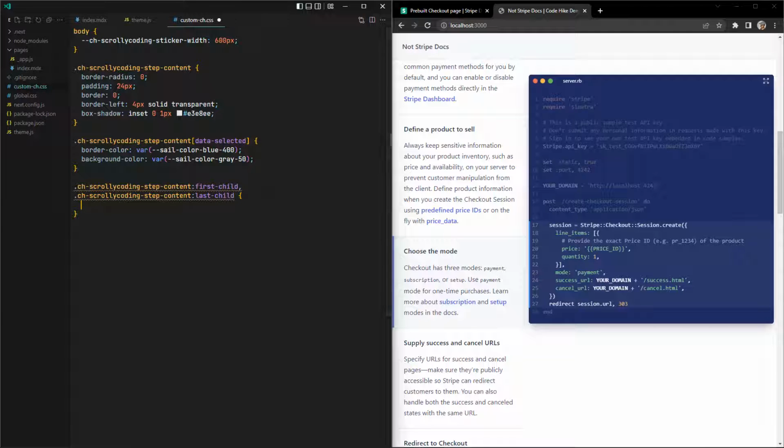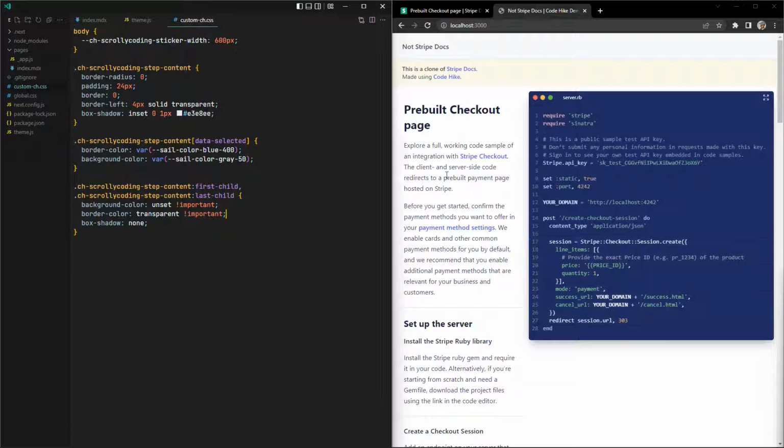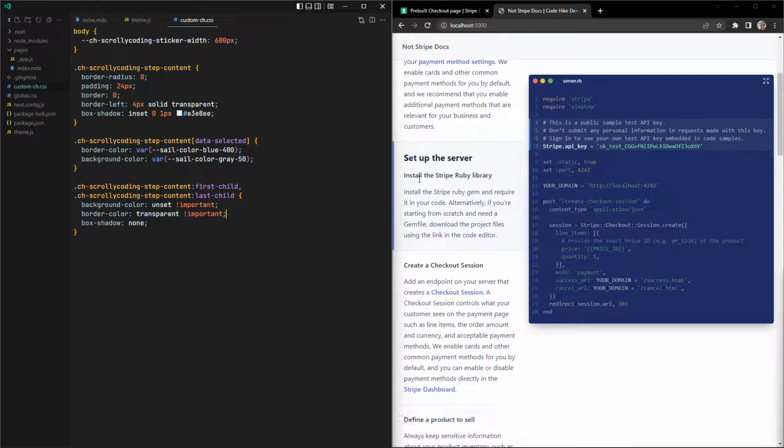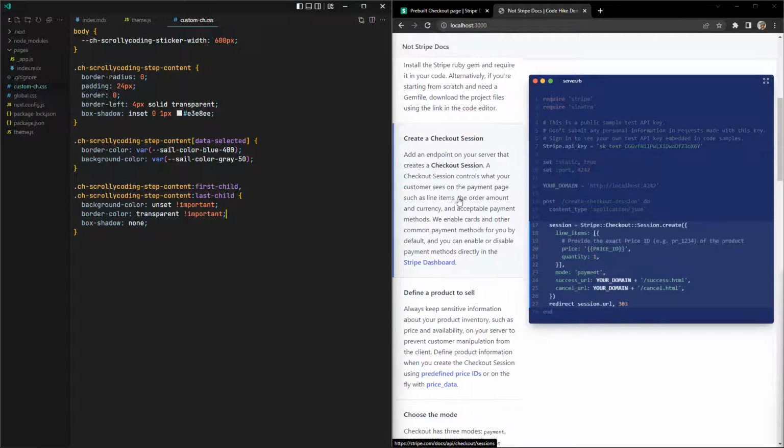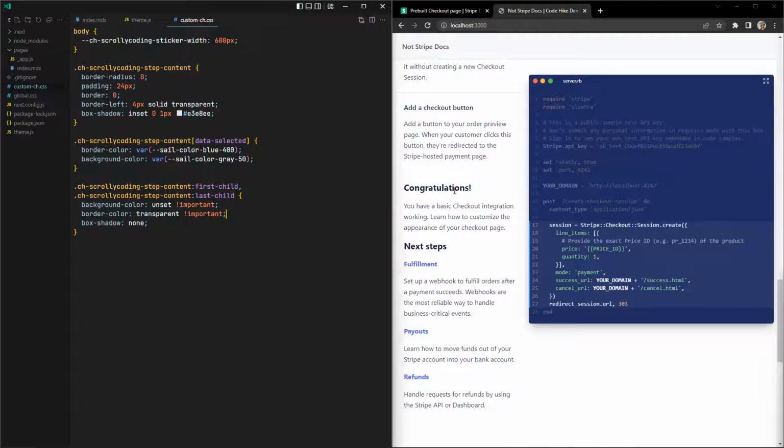And we can change the styles. I add an important just in case. I think I need it because of specificity stuff. So yeah, now it's never selected, and this is the first one that selects. If I go to the bottom,